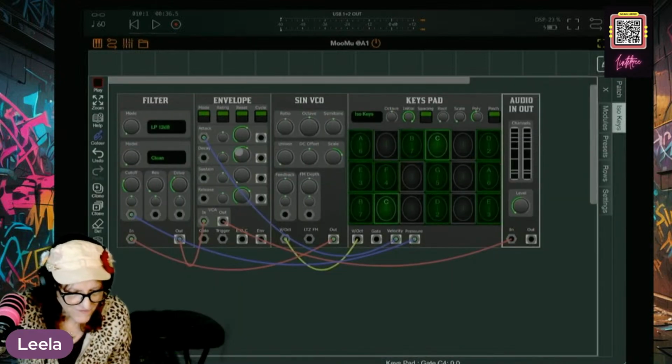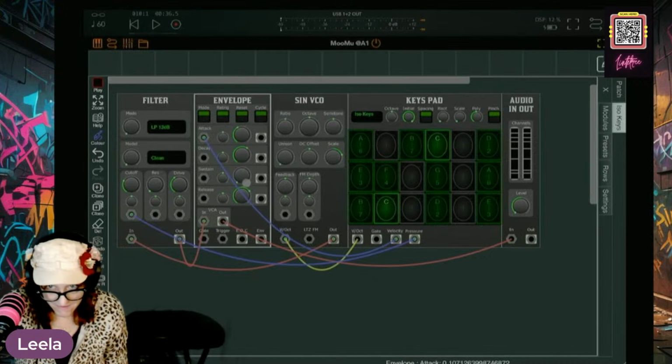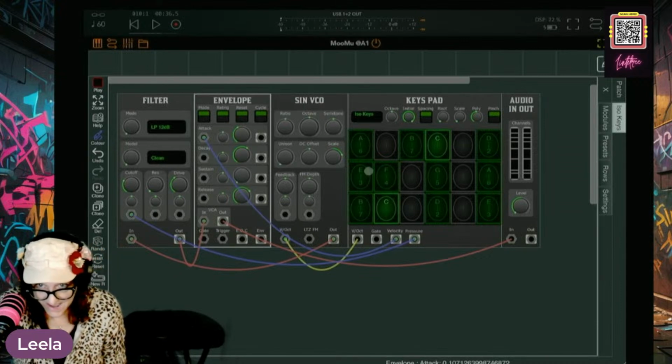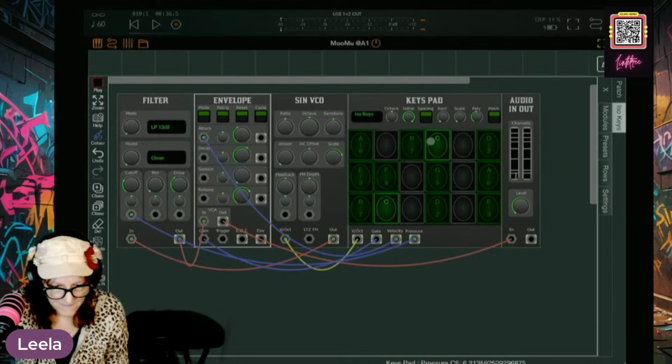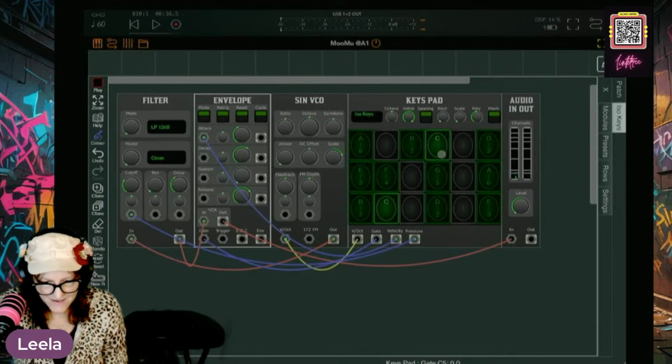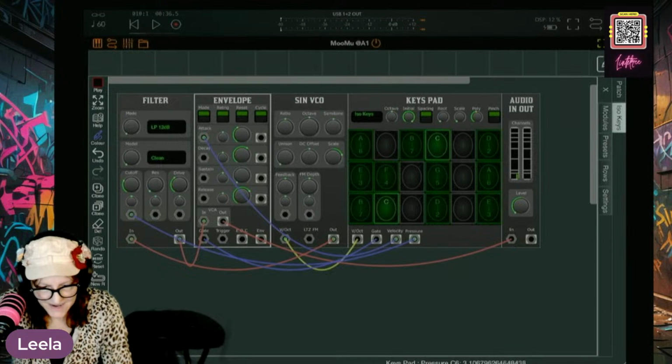Let's check our envelope. I'm gonna attack. Oh, the gate, from the keys to the gate on the envelope. Yeah, you got it. You would think. See, I see it.